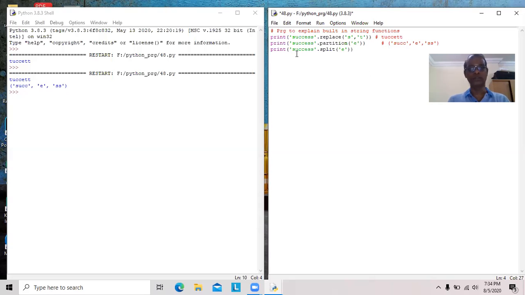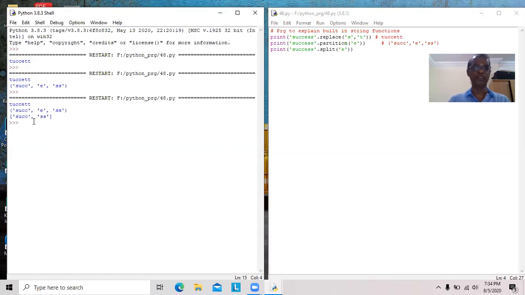Then SUCC will be one item, SS will be one more item, E will not be there. You will see here, E is not available. That is the minor difference between partition and split. One more difference is partition gives a tuple, split gives a list. A list is a collection of elements enclosed by square brackets.